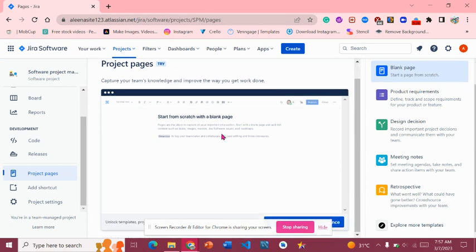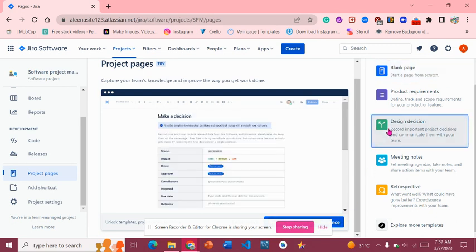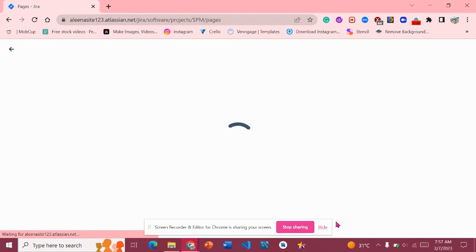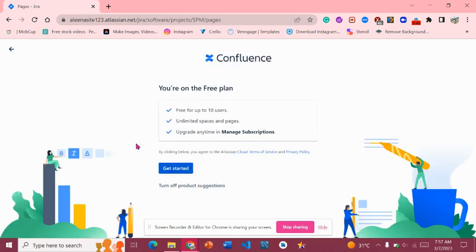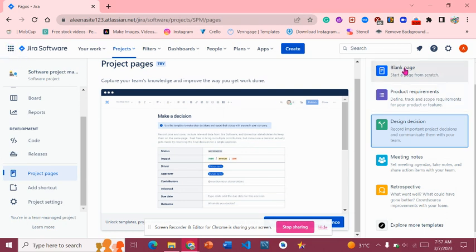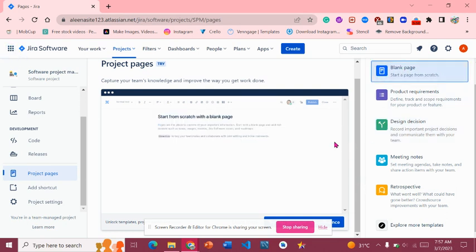So, this is to capture your knowledge and unlock design decisions. I can use this template if I want to make a page, or I can update it later. Okay, this is not free. Start with a blank page,